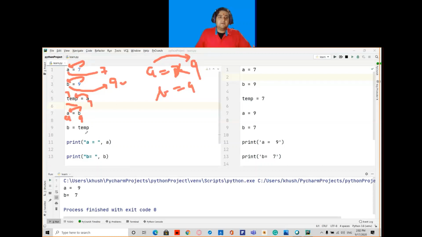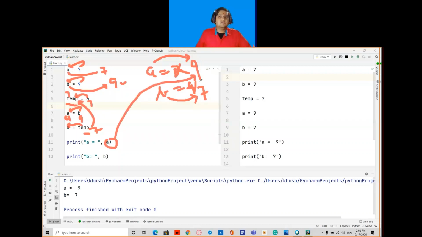So the new value of A is now 9. This temp has the value 7, you can see that here. So this 7 is assigned to this B. So now the value of B has become 7. Okay. So what is the value of A? The new value of A is 9.